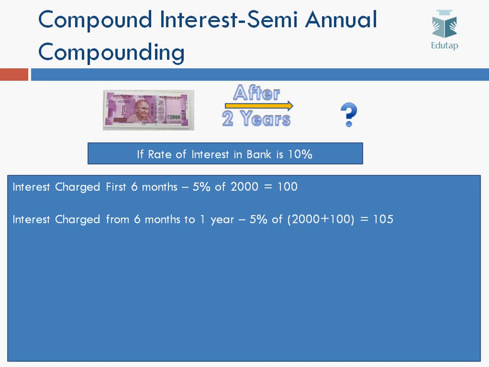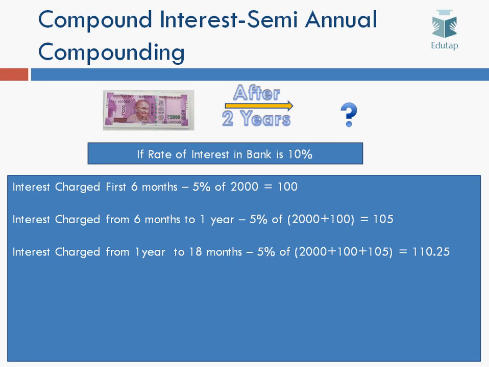Now interest charge from 6 months to 1 year, that is the second compounding period. In this, the interest would be 5% of 2000, which is the initial amount, plus 100, which is the interest charged in first 6 months. So the value becomes 105. Now interest charge from 1 year to 18 months would be 5% of 2000 plus 100 plus 105, which will be equal to